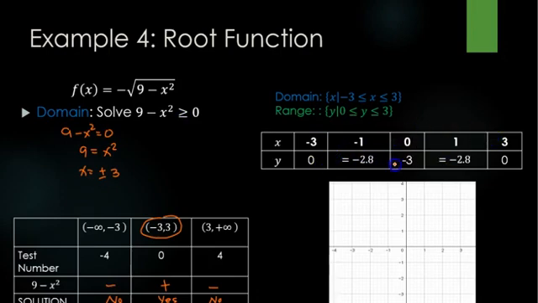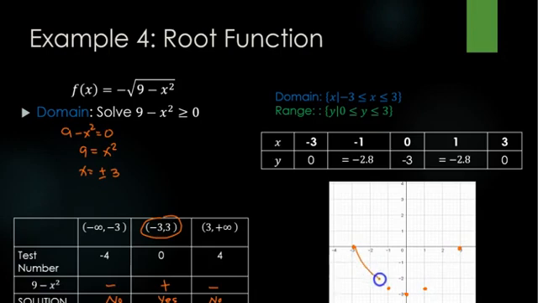Okay, now, these are the values that we substitute. And if you see from the y values, it will not go to infinity because we only have a few values of x. It's bounded. The x values are bounded from negative 3 to 3. So when we do the point plotting, when x is negative 3, y is 0. Negative 1 gives negative 2.8. Okay, so here, and then you have negative 3. Then again, negative 2.8 and 0.